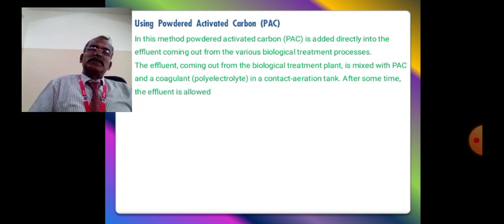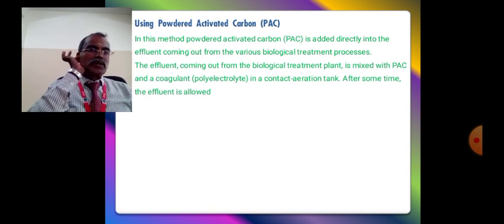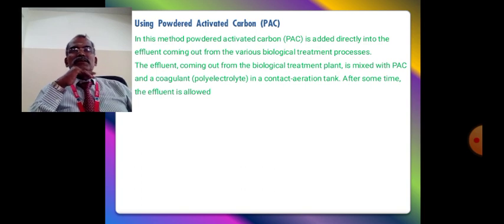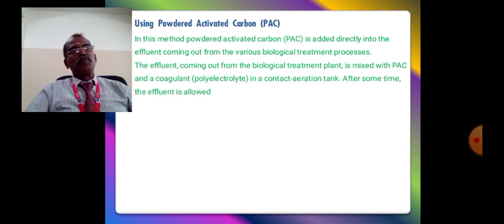Next method is using powdered activated carbon, PAC. This is similar to the internal conditioning method. In the internal conditioning method, we are adding boiler compounds directly into the boilers itself. Like that, PAC is directly added to the effluent at